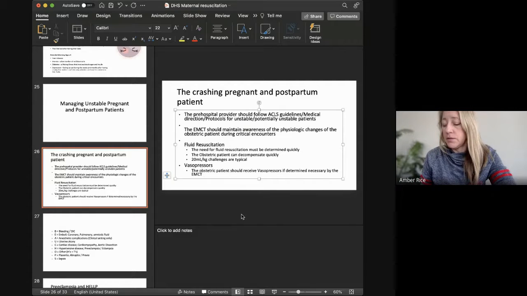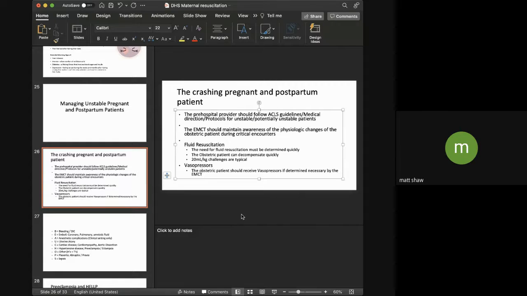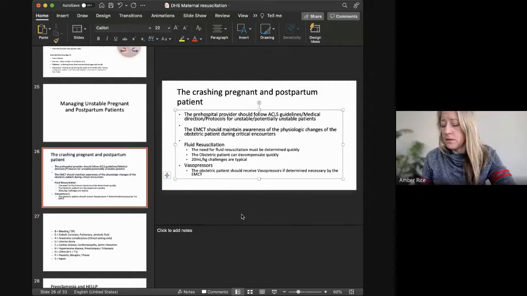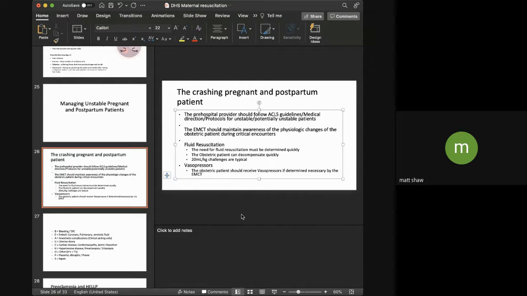Just trying to see if there's anything that says you're going to need a higher dose. I thought there was a slide that said that you didn't need to change your doses based on pregnancy, for cardiac arrest medications specifically. I don't know. What were you saying, Matt? I remember looking into this a couple years ago when we were redoing our protocols, but I seem to remember the preferred pressor was phenylephrine and then Levophed. Now, I don't think any ground EMS carries phenylephrine, but Levophed they might if they had an IV pump. Otherwise, it'd be epi and dope.